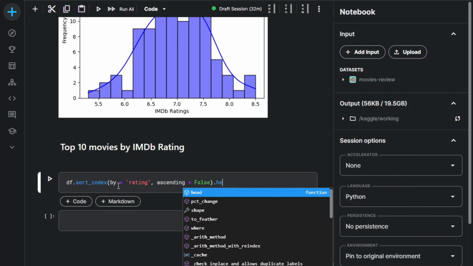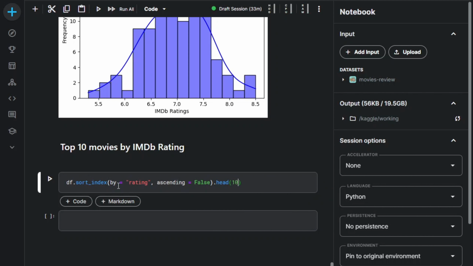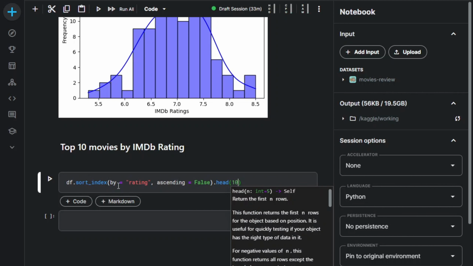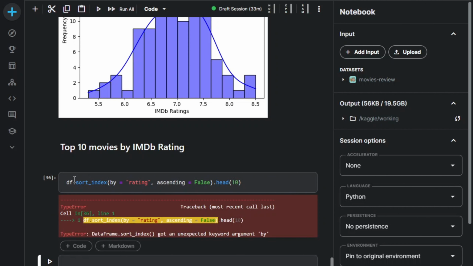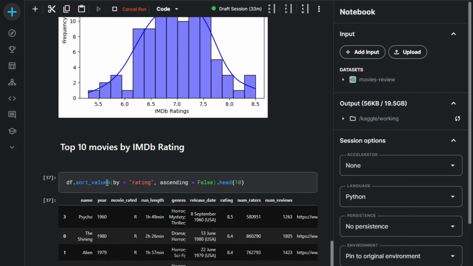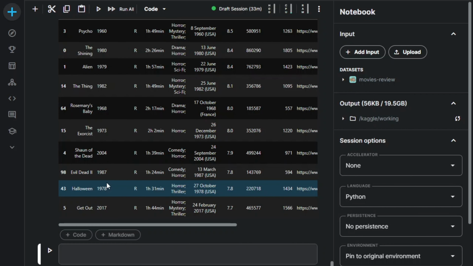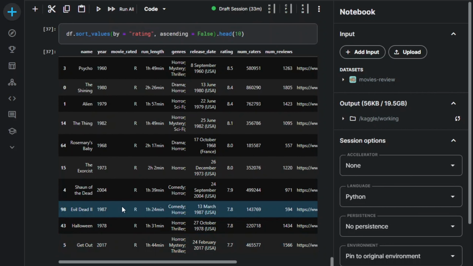So head of 10 rows, right? Okay, so let me execute it. Okay, it says DataFrame has no attribute sort index. So not sort index, sort values. Okay, so these are the top 10 movies